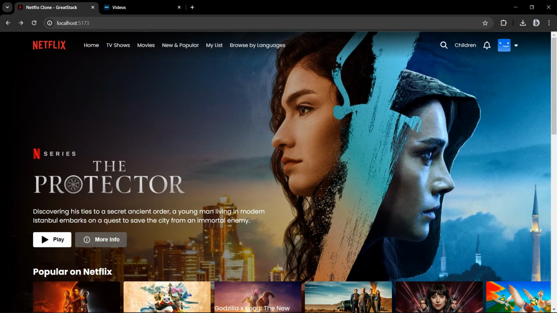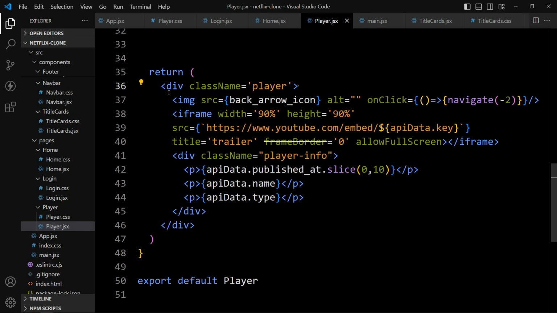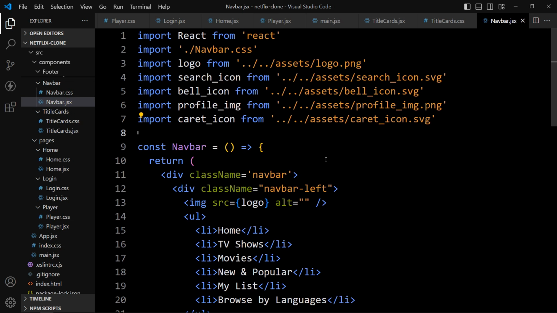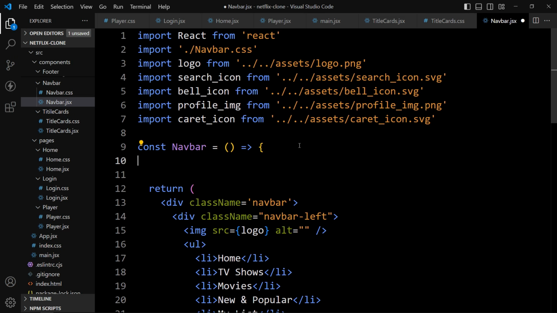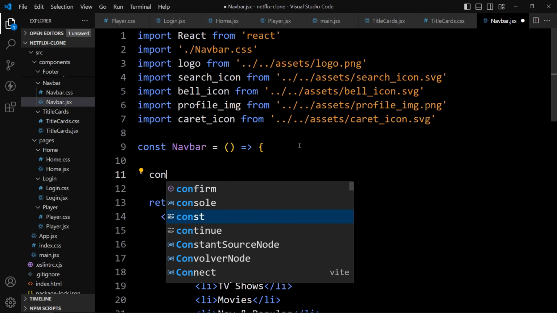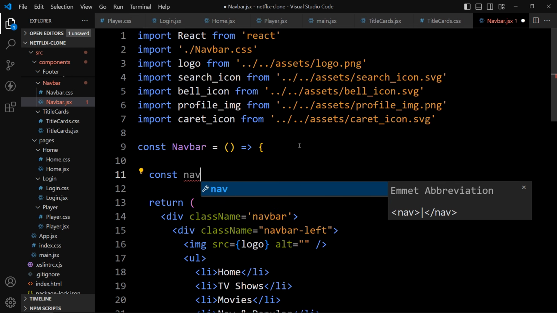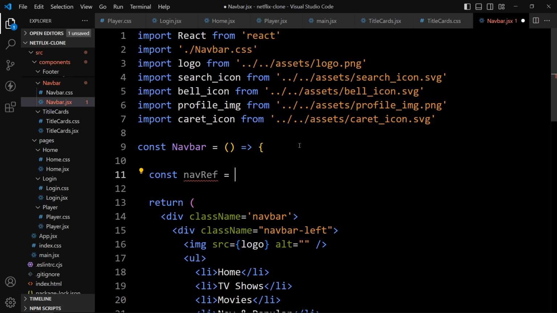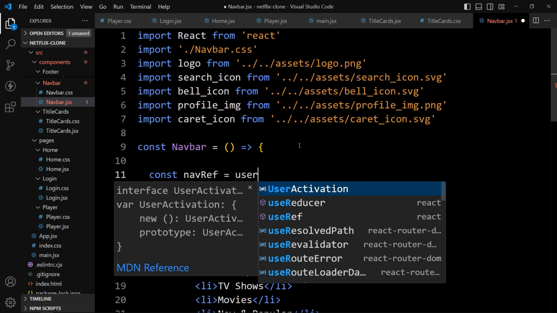For that, let's come back to the VS Code editor. Let's open navbar.jsx file. In this navbar.jsx file, before this return statement, let's add const navRef equal to useRef.